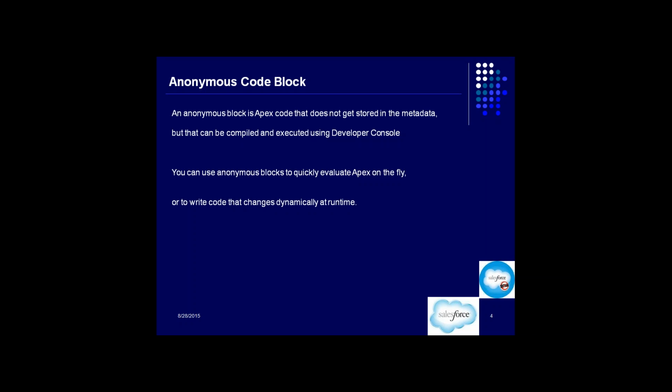This code block is something which does not need to be stored and it just needs to be executed. Why will we do that? Any code which is very dynamic in nature and keeps on changing, there is no point saving it as a class. It's better you just don't save it, execute it once, and next time you use it, you execute it again as an anonymous code block, or for something that you don't need very frequently. There is no point writing that code and keeping it. Okay. So for an example,